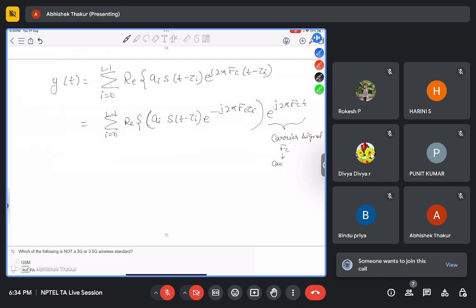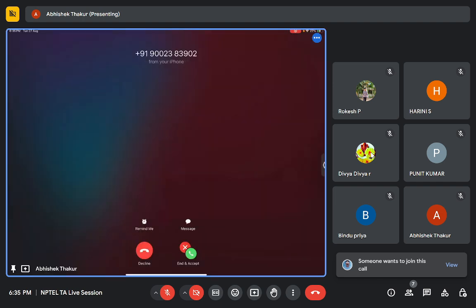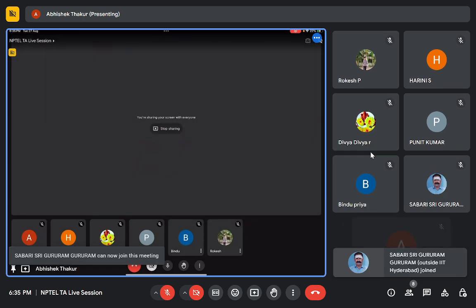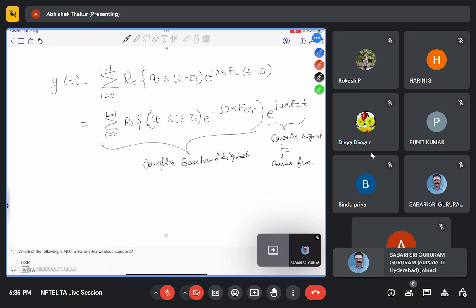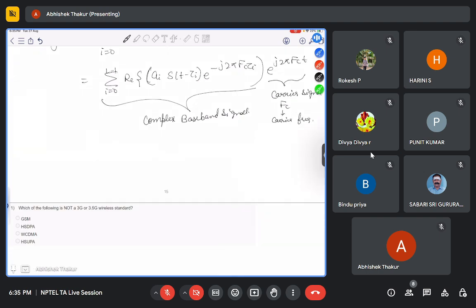This is the carrier frequency, and this is our complex baseband signal. So this we can finally write as,